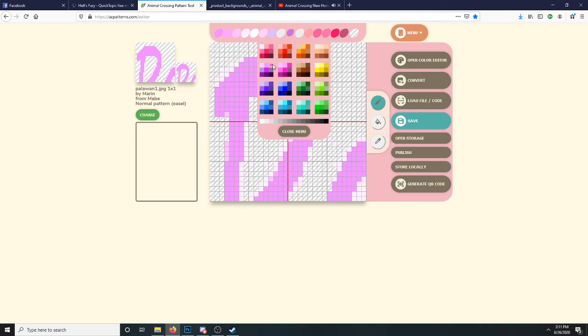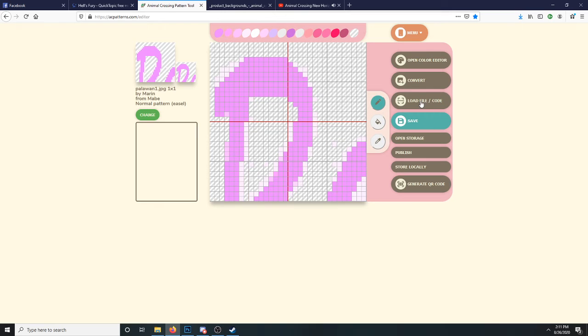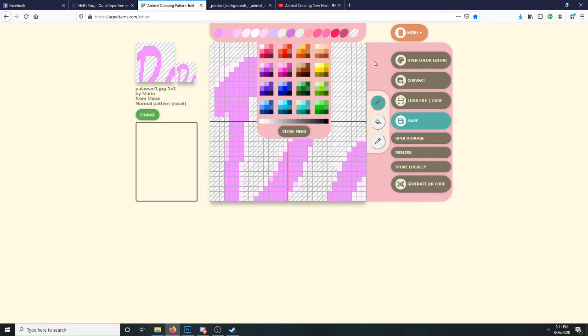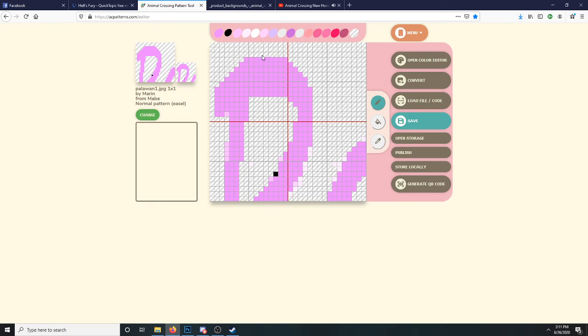So you can open the color editor and just select. I'm going to go to this one and open the color editor, and here are a lot of different colors you can choose. I'm going to go with black, and this is basically creating my outline. I found out that if you're creating a sign in Animal Crossing, it looks good with an outline. And usually black is my go-to color. It's bold, it's strong,